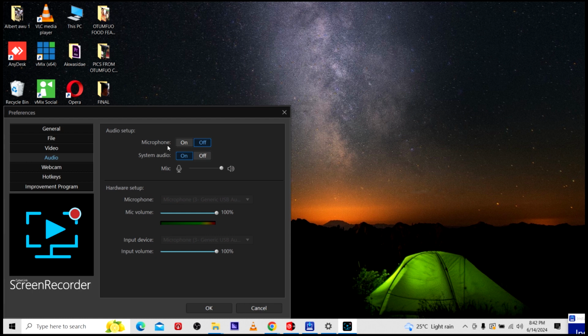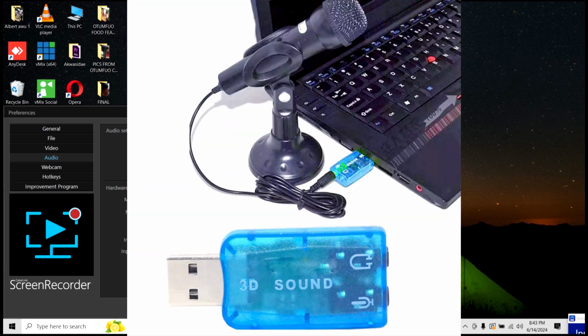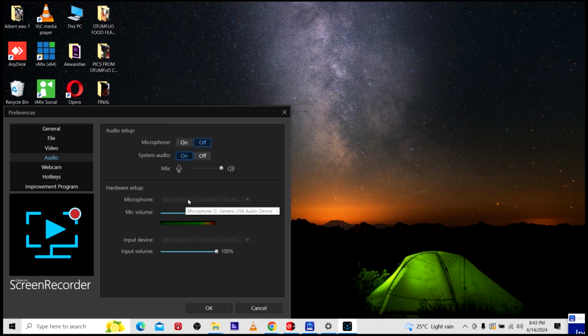Let's look at microphone. Now I have my microphone set to a USB device that is connected to the laptop or the computer, because I don't want to use the system's microphone, which will give me an echo or an ambience. All right, so I have it connected to a USB sound card, and then to the computer through USB. Now this part is not highlighting because I'm using the same software in doing the recording,